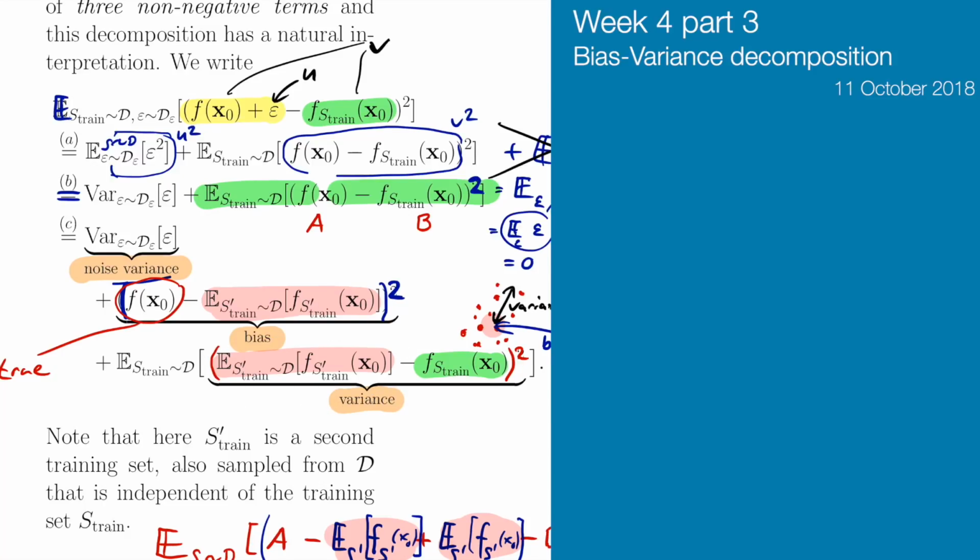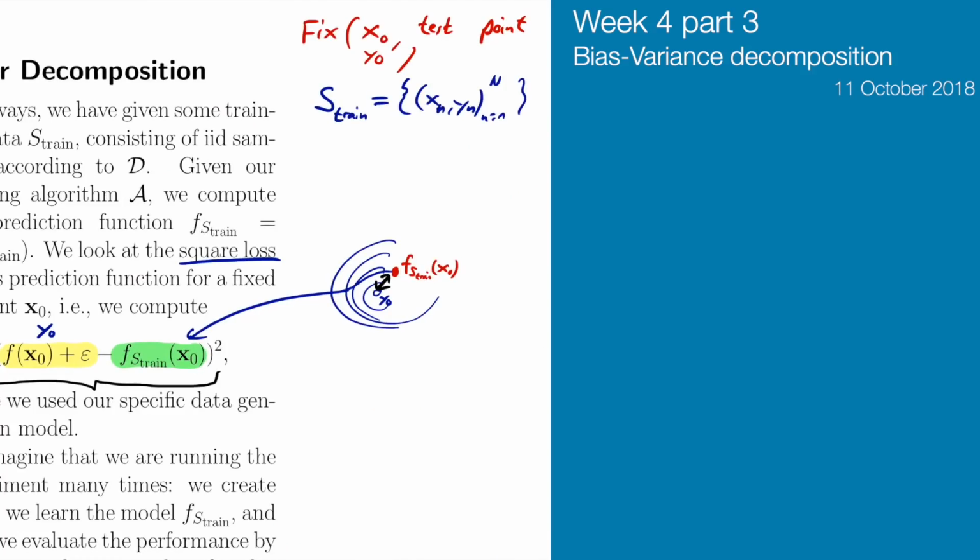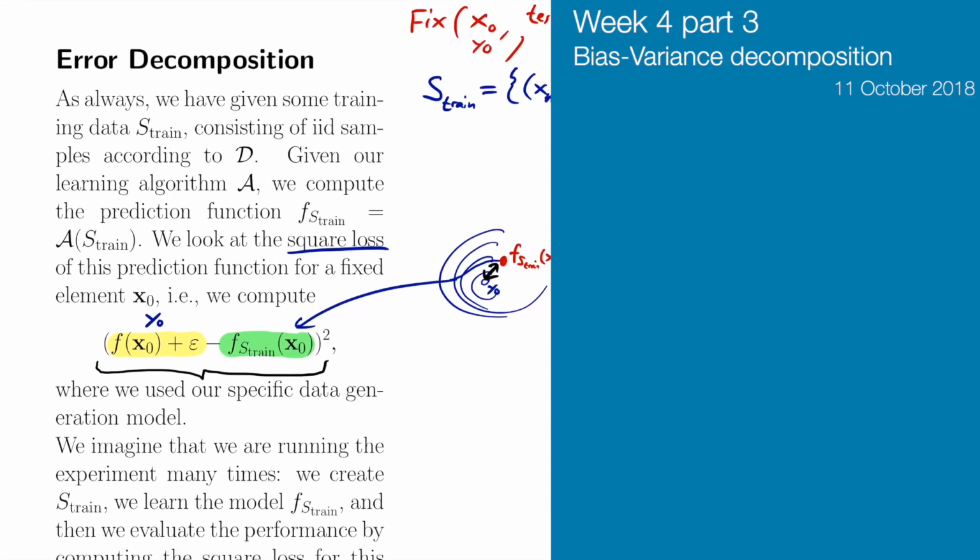Other question, yeah? That's a very good question. You ask, if you would know that your true model is degree 3, should you always make that the class of models you train on? I would say basically yes, but it depends how much noise you have. If there would be no noise, yes. But because there is noise, you might actually overfit to the noise. So you have to be careful